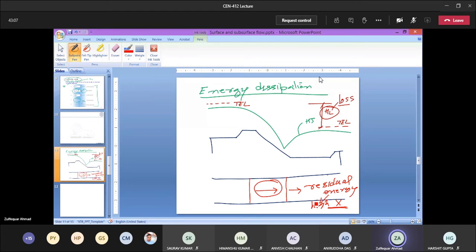And in general, there are two ways of dissipation of the energy in the canal structure. One way is by forming the hydraulic jump. So we have to design the structure in such a way that there should be the formation of the hydraulic jump. And then we can of course achieve a certain quantity of energy dissipation, right? In this case also, you might know there is a lot of turbulence here, and that turbulence is of course responsible for the dissipation of the energy.